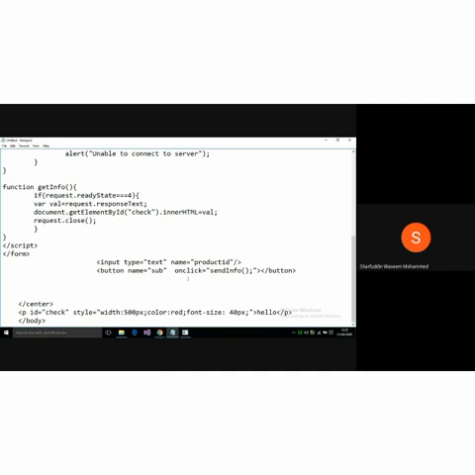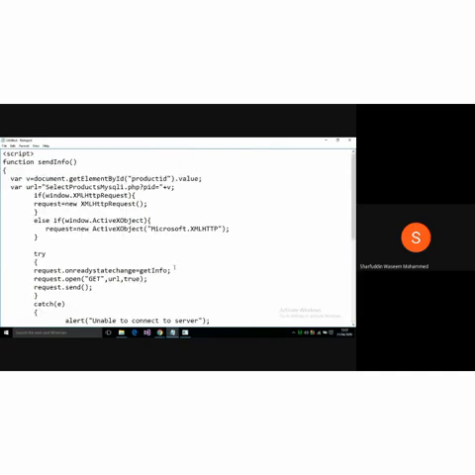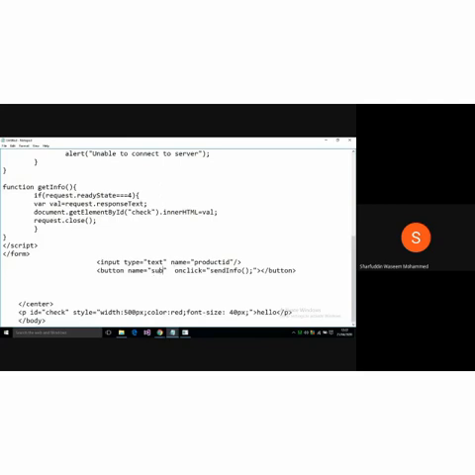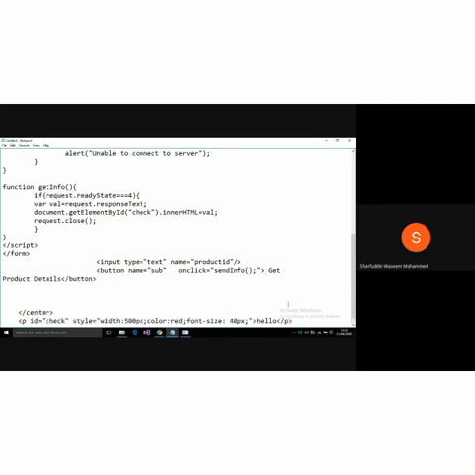And there is a button. This is just a name of the button. Anyhow, that name will not be used anywhere, and this is not a submit button. You check carefully. And you can write a value for this. This is a simple button. So the value for this is get details or get product details. Whenever the user clicks on this, then you are calling an Ajax, with sendInfo.